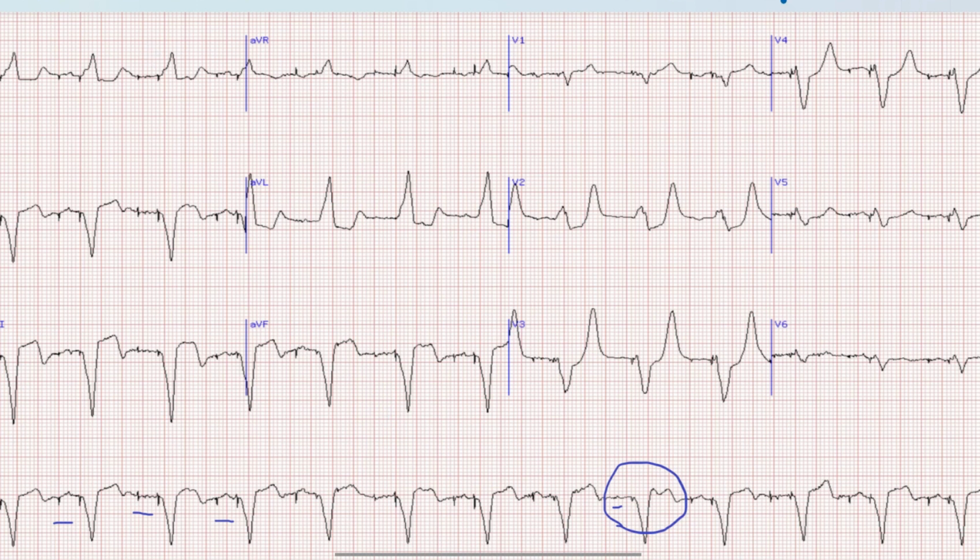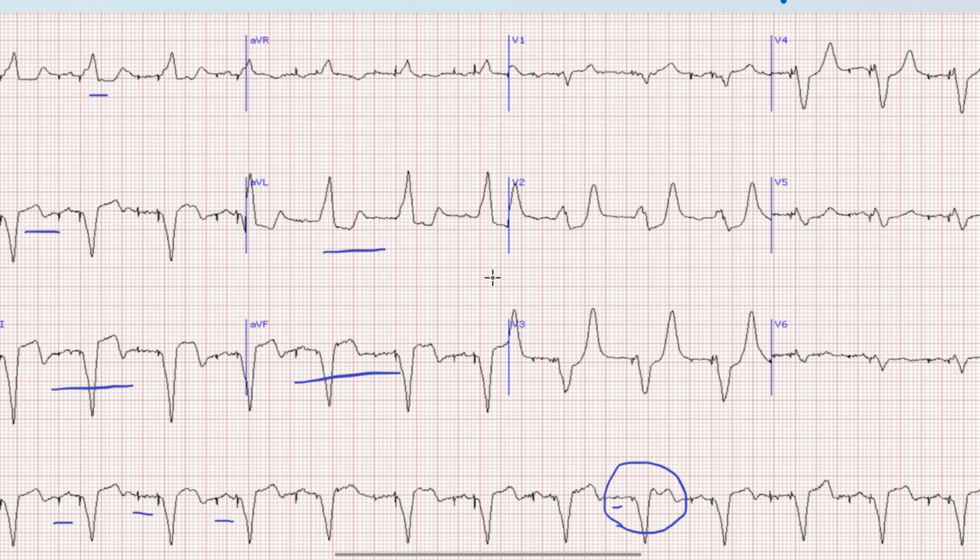Another important and prominent finding on this ECG is the presence of ST elevation in inferior leads. Here you can see that in leads 2, 3 and AVF we can find significant ST elevations, while there are reciprocal ST depressions in lead 1 and AVL. Normally, if it was not a paced rhythm, we would have called it an inferior wall MI.